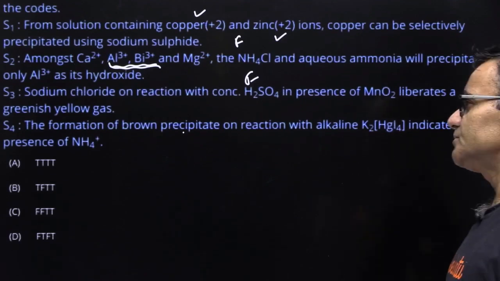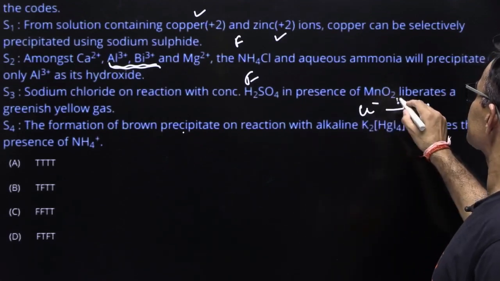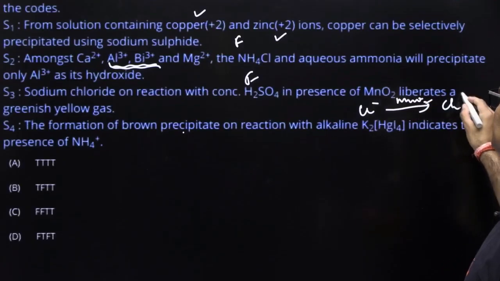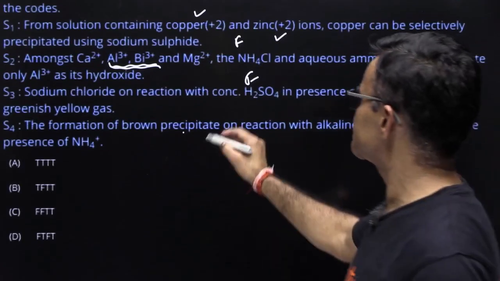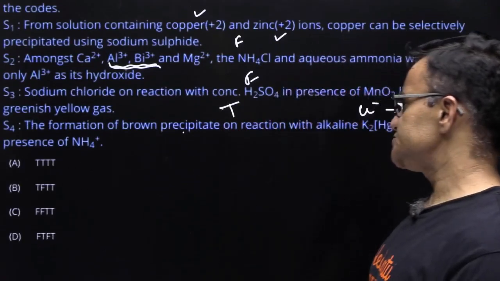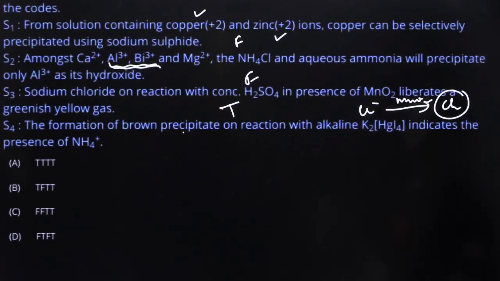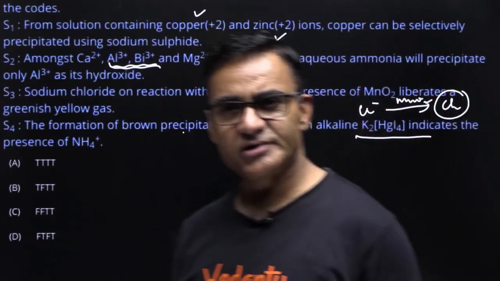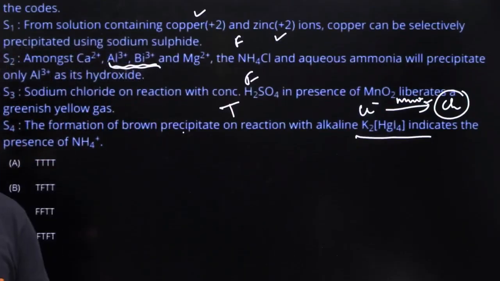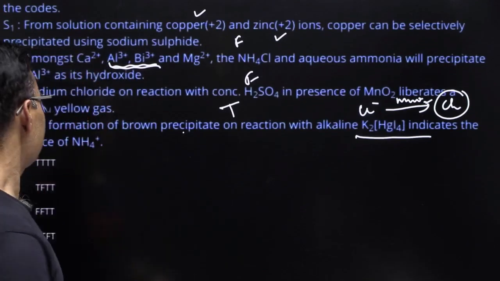अगर आप क्लोराइड आयन का MnO2 के साथ रिएक्शन कराते हो तो ये बेसिकली इसको Cl2 में ऑक्सीडाइज कर देगा, जो कि ग्रीनिश येलो होता है, तो ये ट्रू हो गया। फॉर्मेशन ऑफ ब्राउन प्रेसिपिटेट विद एल्कलाइन K2HgI4 इंडिकेट द प्रेजेंस ऑफ अमोनियम आयन का कंफर्मेटरी टेस्ट है ये। आयोडाइड ऑफ मिलन्स बेस जो बनता है ब्राउन प्रेसिपिटेट वो यही तो है, तो ये भी एक करेक्ट